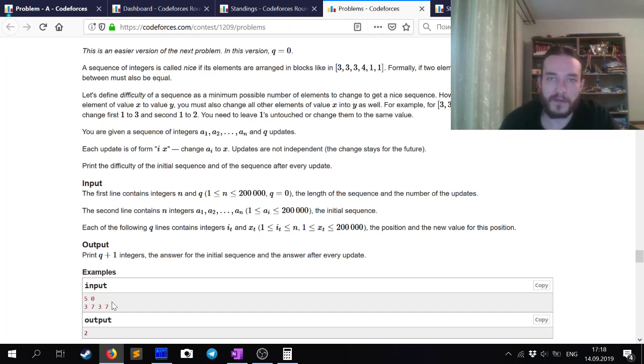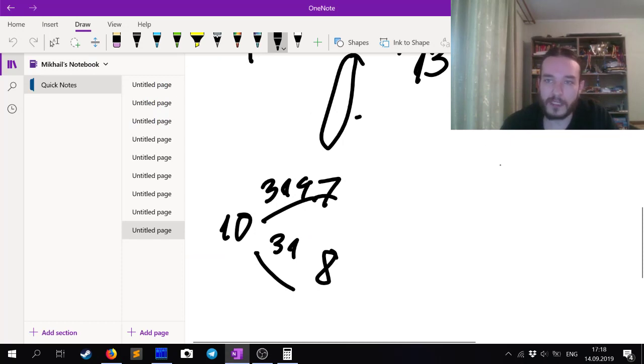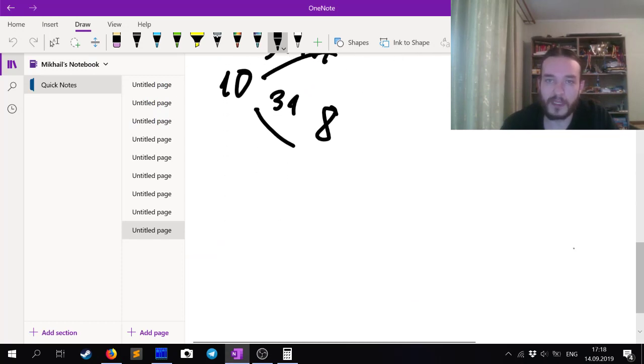So basically we want to transform the sequence into this good sequence, where it consists of blocks of equal values. So if two numbers are equal, everything in between has to be equal. If we want to count the answer for a given sequence, what we can do is